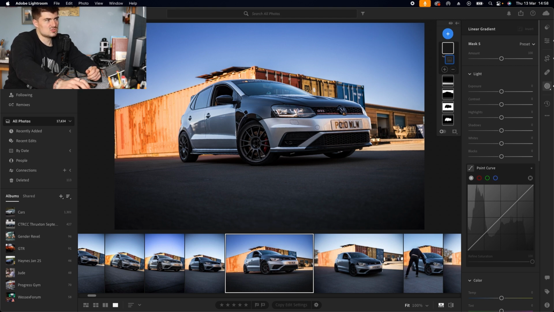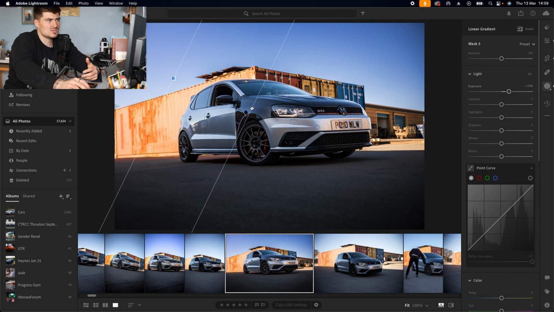So what I do like to do is draw another linear gradient in the direction of the light source and actually increase the exposure, because that then gives a false sense of light and sun hitting the vehicle. And you can move this around as much as you want, really. You can move it further across, you can move it up and down still,